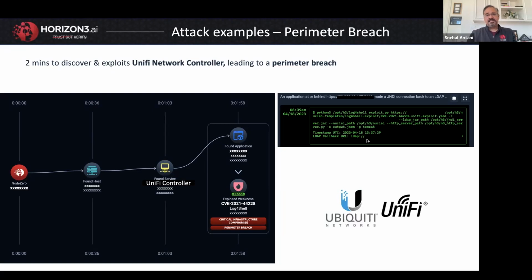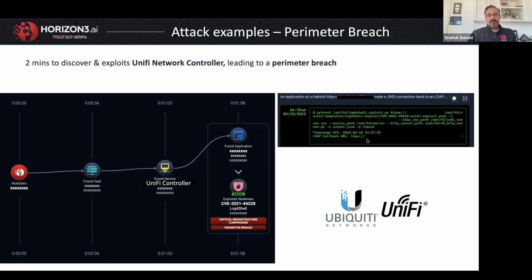In this case, less than 2 minutes for the attacker to break through the perimeter and gain initial access into the network. Outside of Log4shell, there are attacker organizations that make money gaining initial access, sitting on that initial access, and then selling it to the highest bidder or to ransomware organizations, and then they do profit sharing on the outcome. So the fact that we were able to breach the perimeter in less than 2 minutes using Log4shell against a